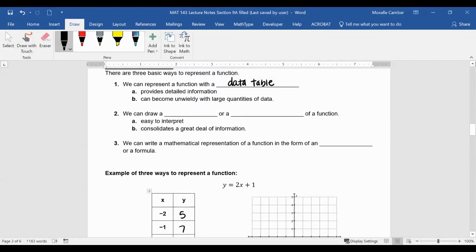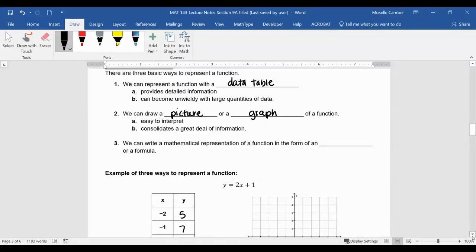Okay, so you can also draw a picture or a graph that represents a function. Sometimes it's easier to draw a picture. Sometimes it's easier to graph the function. A picture could be like blueprints. You have the picture showing all the information, and those are great ways. It's a good way to consolidate information because you can put a lot of, for example, data points on